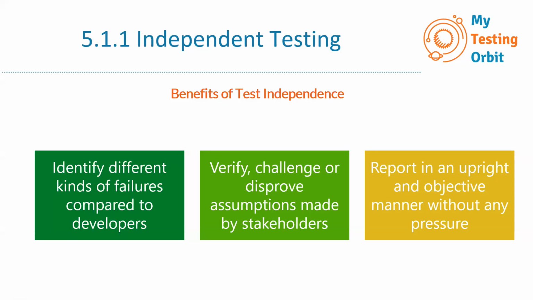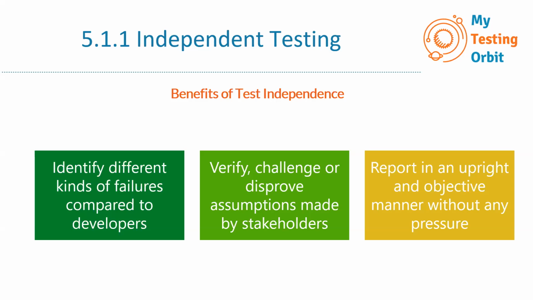If there is an independent tester who has not been part of writing the requirements, then when that tester is testing the system, they can verify that the assumptions made by the stakeholders are correct,